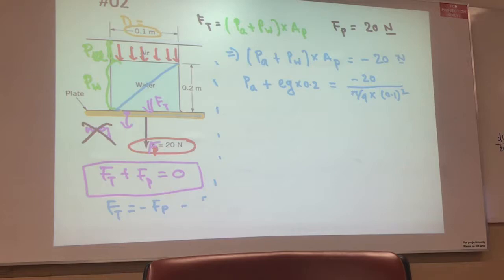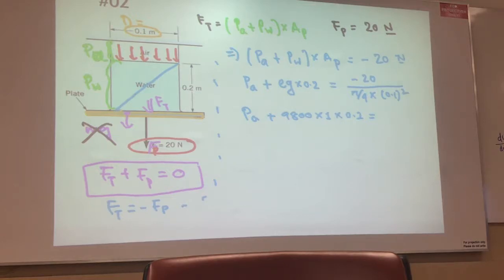Then I can write PA plus, what is the rho g? Remember 9800, right? Rho g becomes 9800. I have written it in my first slide. 9800 times specific gravity, which is 1 for water. So I can write 9800 times specific gravity 1 times 0.2, right, is equivalent to, I did some calculation before,